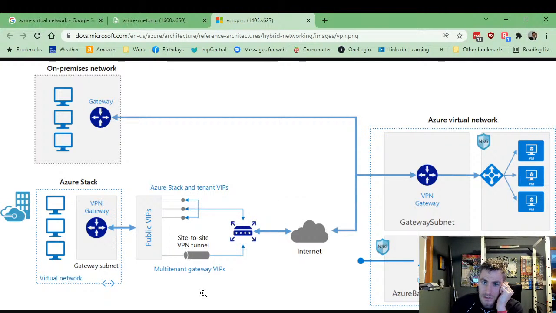This one's pretty fun. So yeah, you get your on-premise network, those different computers there, and you could have a private cloud set up there too. But then you have a gateway set up that's controlling traffic to Azure. Azure's got its VPN gateway, so you can VPN in and into that Azure virtual network to then talk to